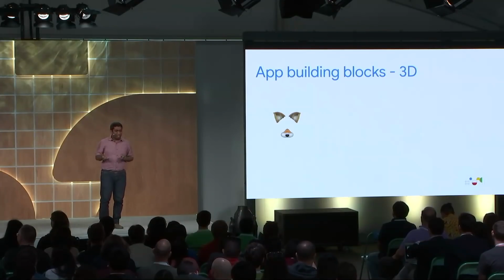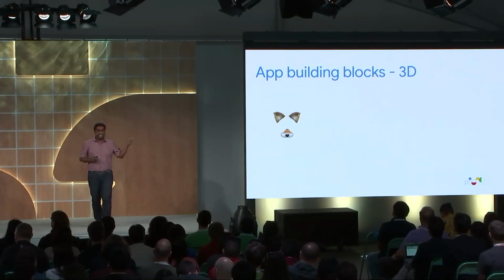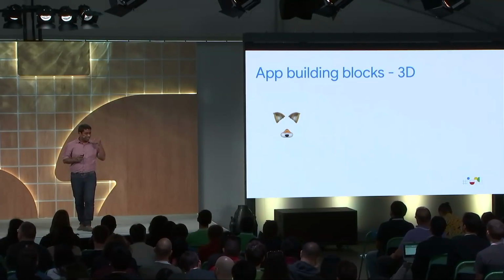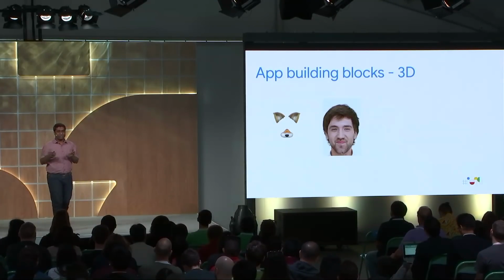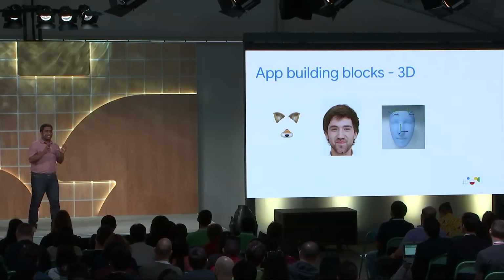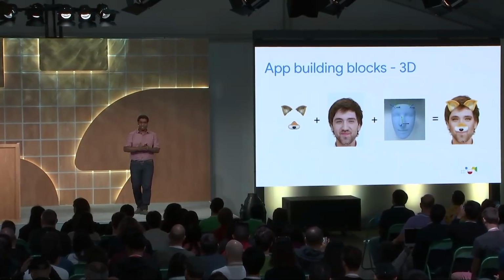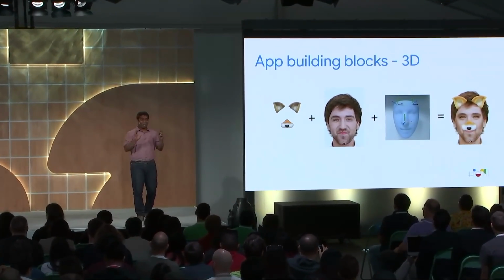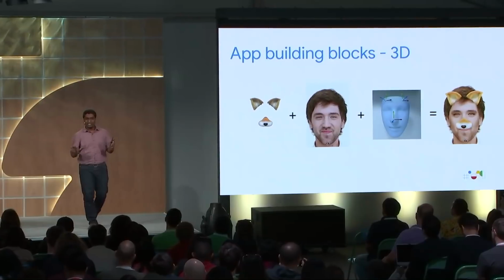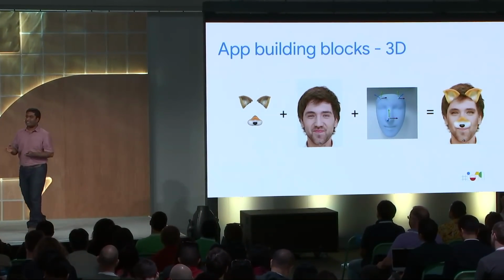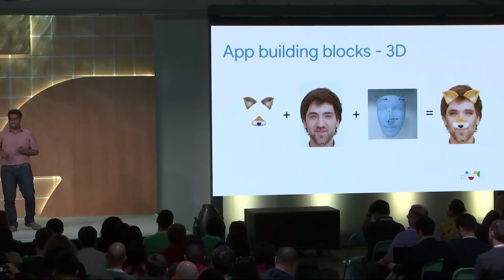What are all the building blocks required? We need virtual content. We need real images with human faces. And we need metadata about the face, as in where the face is looking at, how is it oriented, and what are the attachment points on the face where we can attach this virtual content. We also need a way to blend all these together into a composite image that you can show to the user. But don't worry, you don't have to build all these blocks yourself. We will provide SDKs to make it easier for you to develop such an app.